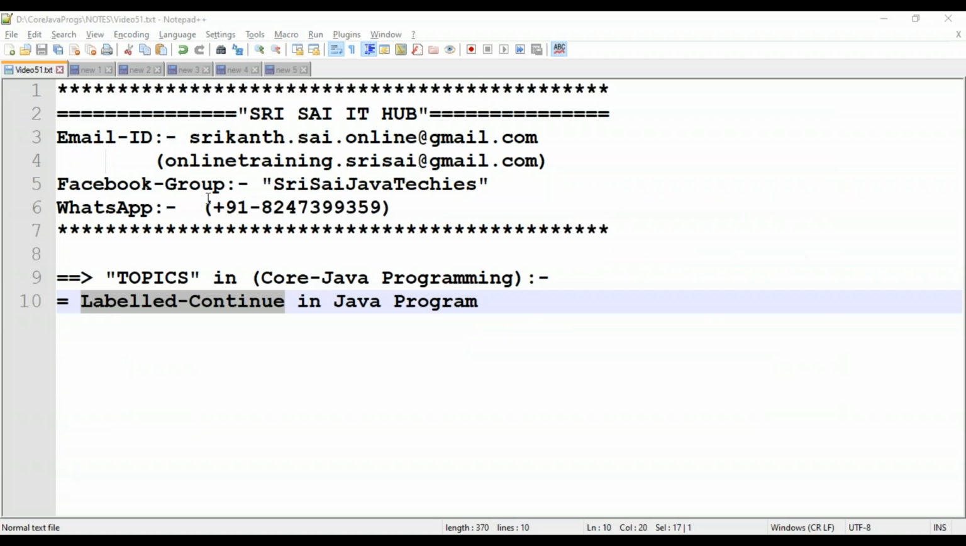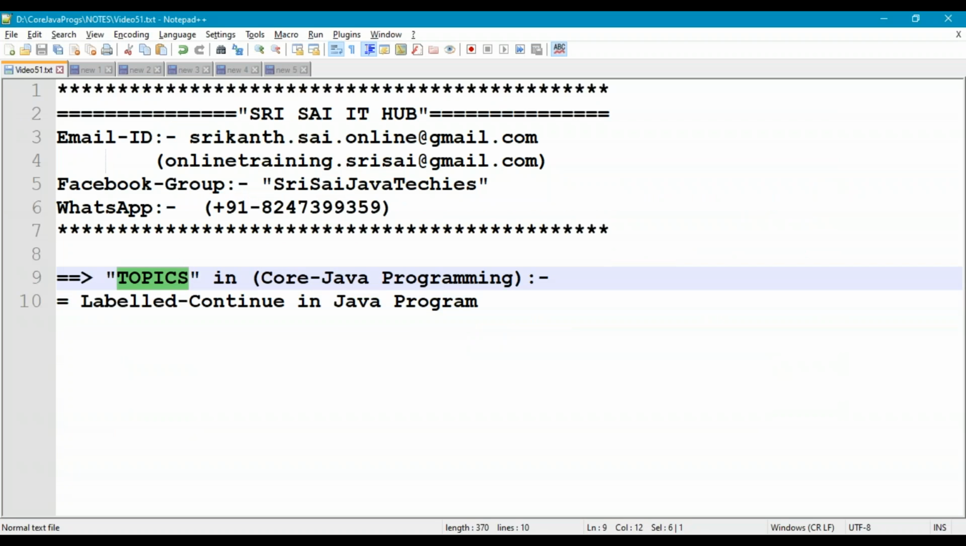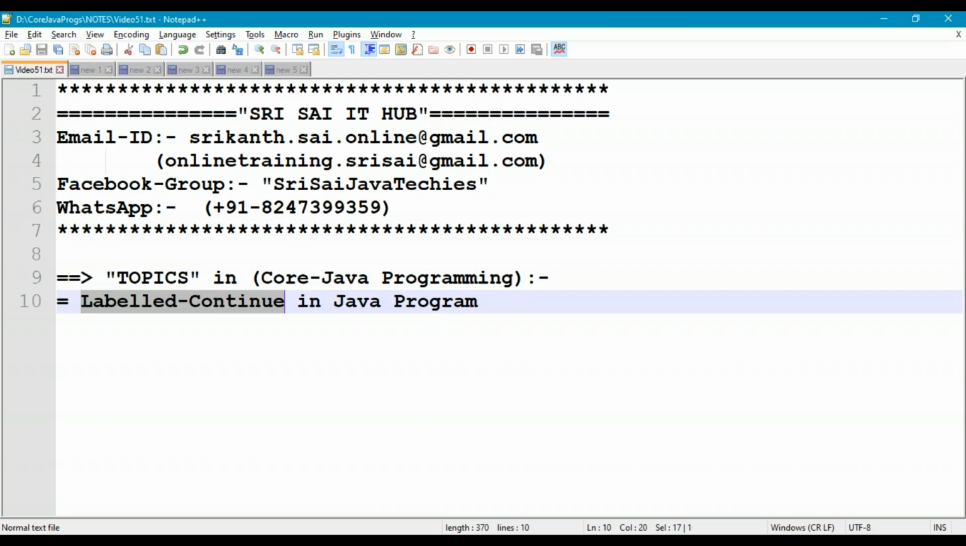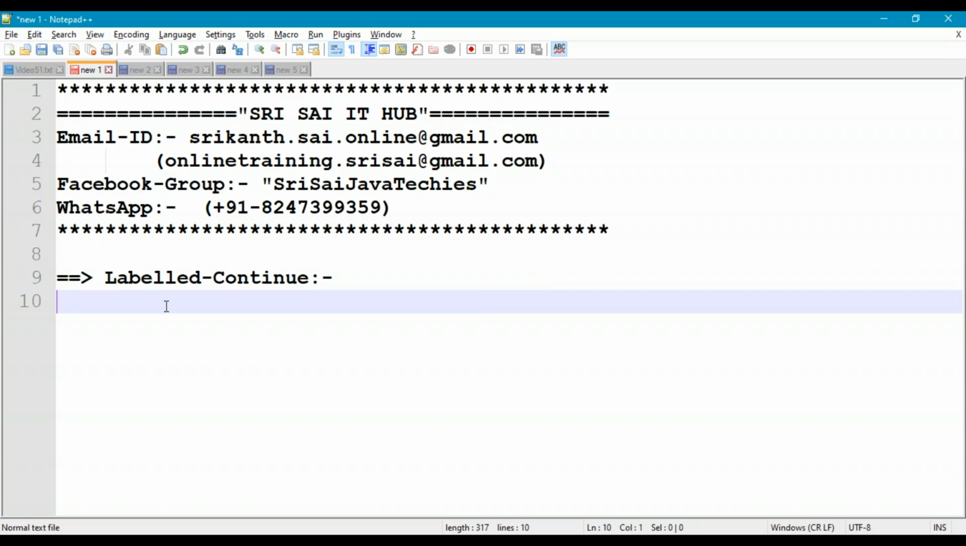In this video of Core Java Programming, today we are going to discuss the following topic: labeled continue in Java program. So let us start with what is labeled continue, where we have to use labeled continue, and we'll do a small program related to this labeled continue. So coming to labeled continue, it is a continue statement